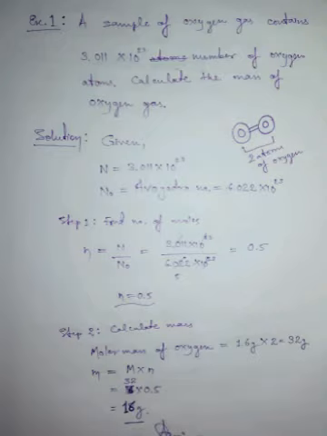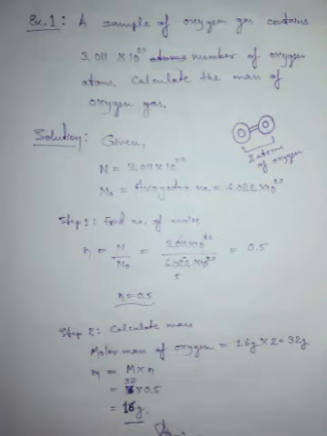First step is to find the number of moles. For finding the moles, you will use the formula small n is equal to capital N upon N naught. When we divide these two values, you will get 0.5. Here it is the number of moles we got. Now in step 2, you will calculate the mass of substance. First you have to calculate the molar mass of oxygen. The atomic mass of oxygen is 16, so the molar mass of the oxygen atom is 16, and the molecule's molar mass will be 32 gram.